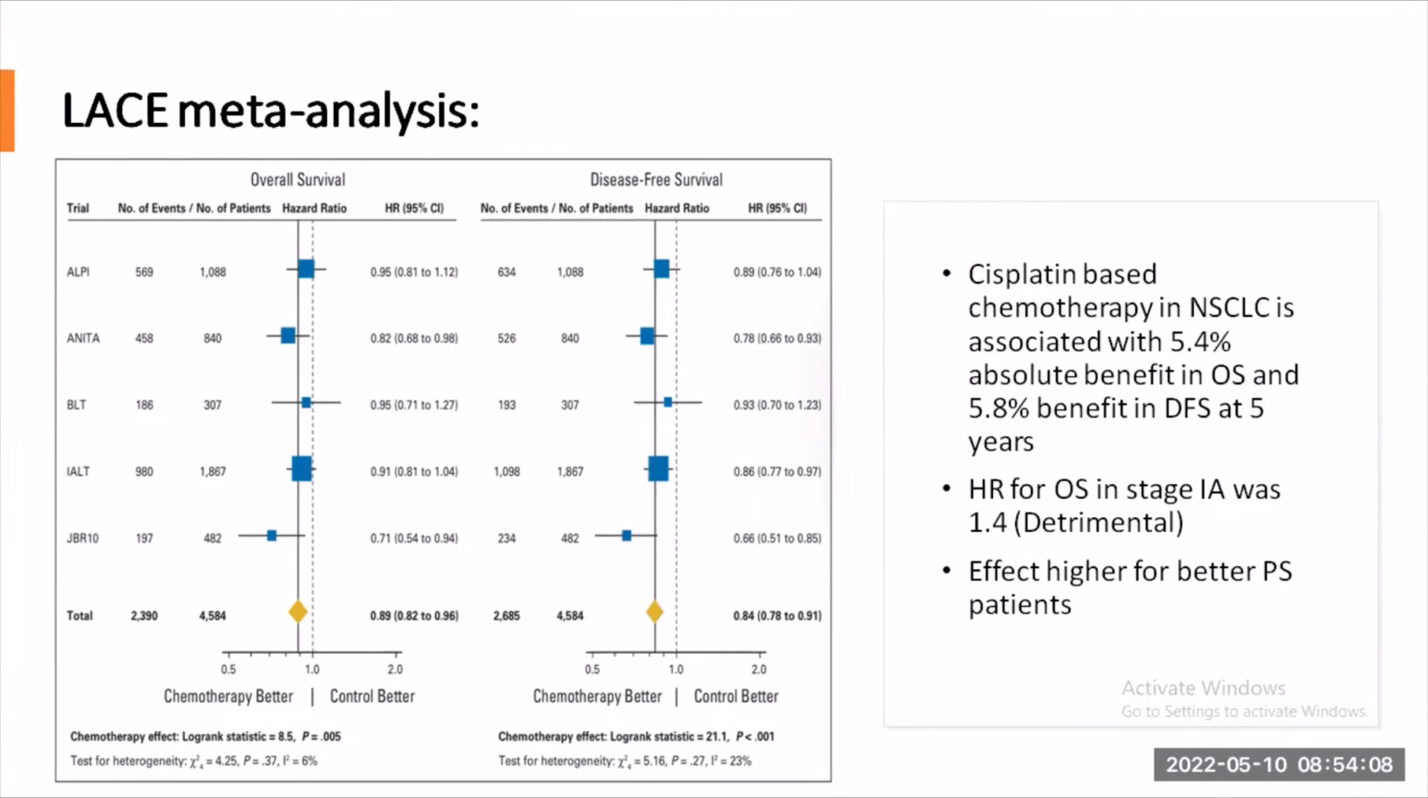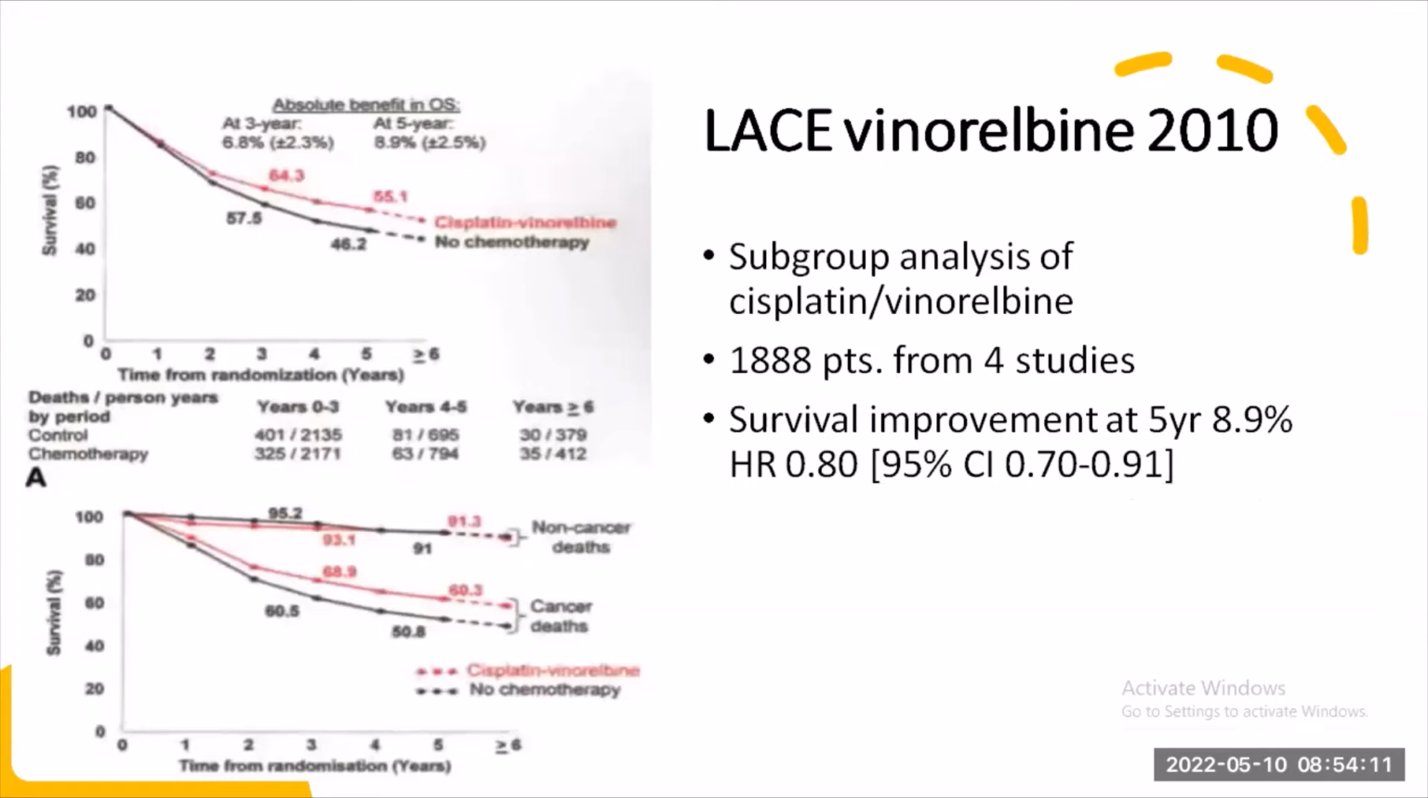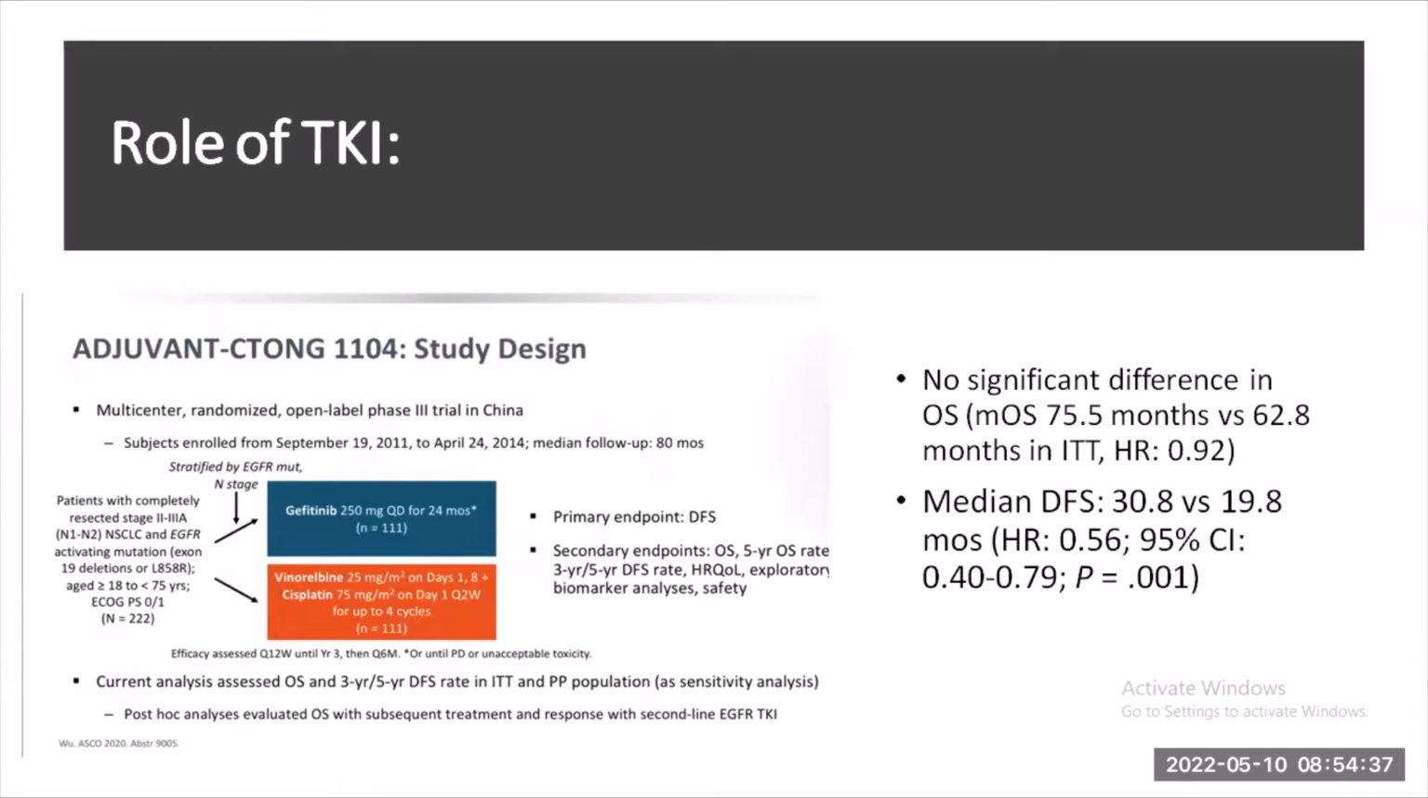And there was a subgroup analysis of cisplatin vinorelbine from that particular meta-analysis, and it showed that the 5-year OS benefit is around 8.9% if we use cisplatin vinorelbine as adjuvant therapy. So based on these recommendations, till recent times, we were using cisplatin vinorelbine or cisplatin-containing doublets as adjuvant therapy in early lung cancer. Now, recently, there has been a shift in the treatment